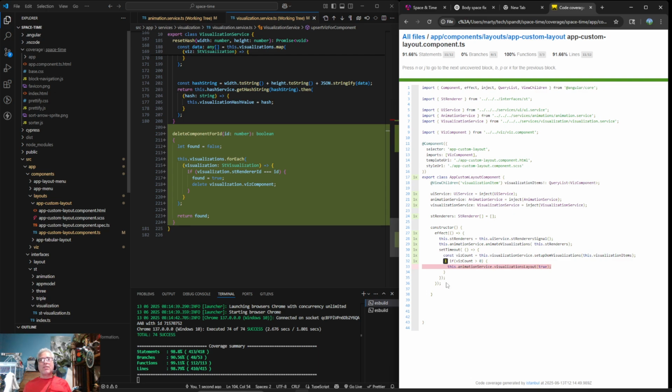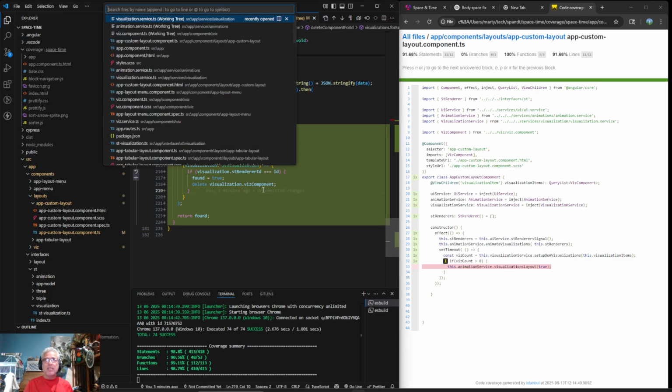So yeah, it would be a lot easier to unit test this if I pull this into another function and just call it with the viz count. So let's rewrite this code so that it is a little bit easier to unit test. And the name of this thing is app custom layout component.tsp.